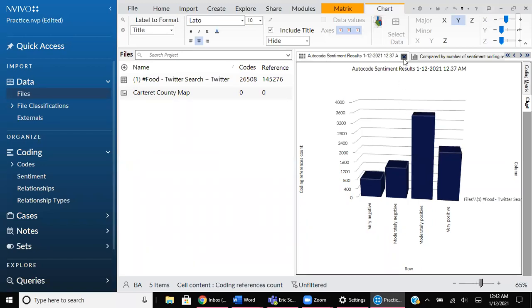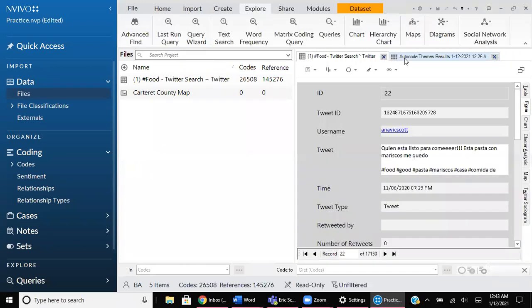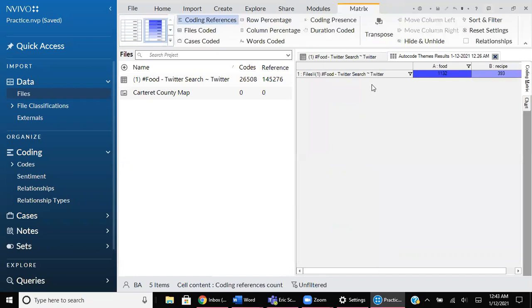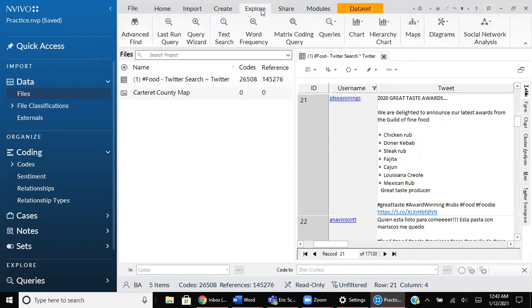So I'm going to go ahead and close this out just because we don't need it right now and go back to our full table of everything. Also going to close out the auto coded themes. All right, so now we're just going to go through a few other social media data examples that you can use. If you go back to the Explore tab, we can do a word frequency query